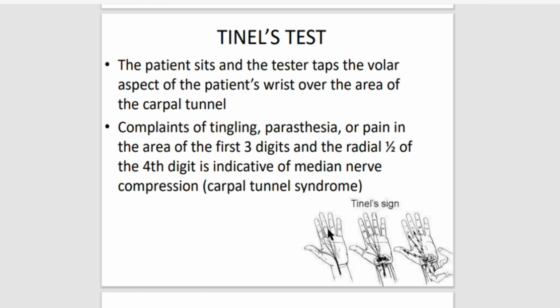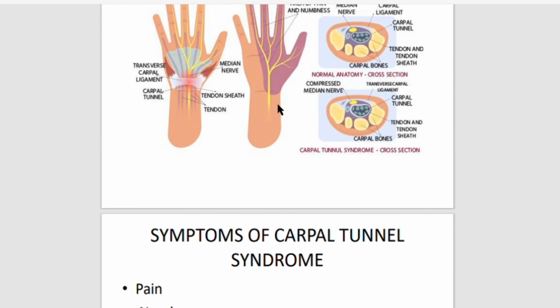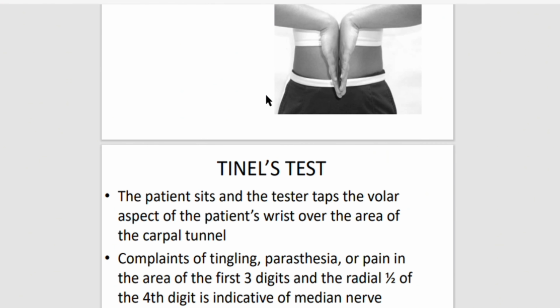So to do a Tinel's test, the patient sits and the tester taps the volar aspect of the patient's wrist over the area of the carpal tunnel. Here is the area shown in this diagram. Here, this is the course of the median nerve. So the tapping is being done here to locate the median nerve and to see whether the patient is suffering